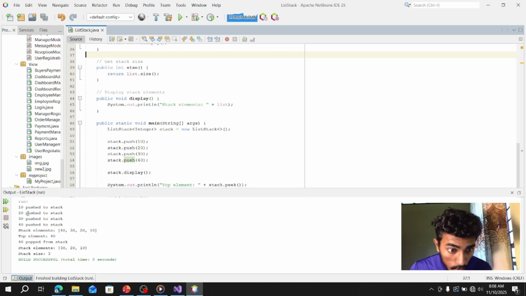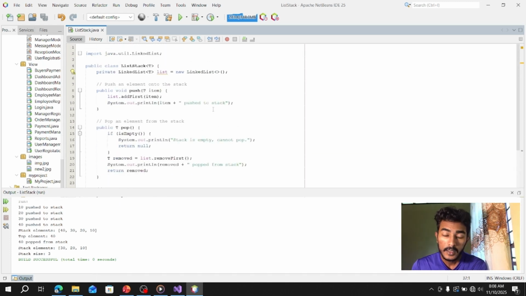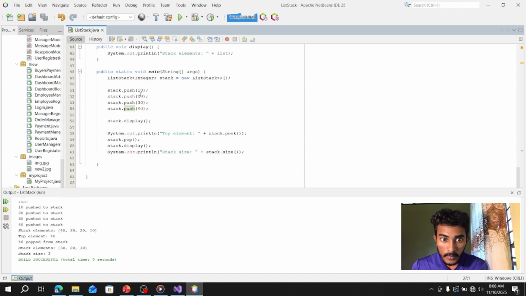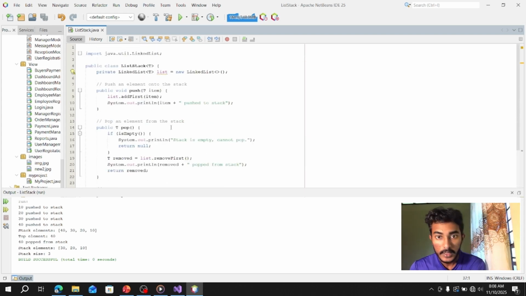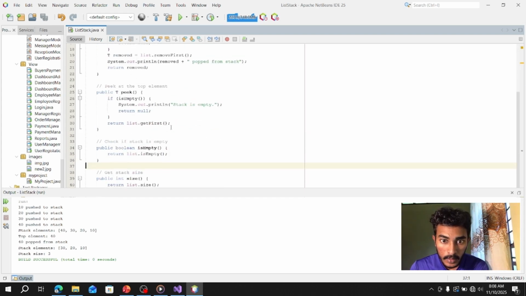You can see the output is like this: 10 pushed to stack, then item pushed to stack, that is 10, and then 10, 20, 30, 40 like this. After that the stack elements are 40, 30, 20, 10.